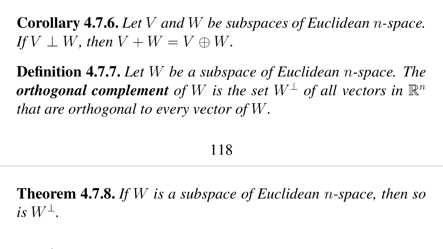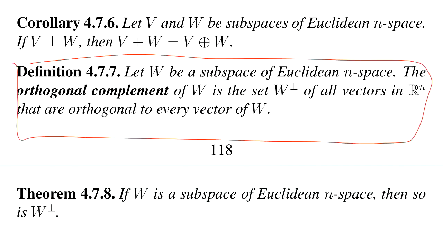Okay. Now, the very last definition I want to leave you with for the break, because it relates to one of the problems on the problem set, is the notion of an orthogonal complement. So sitting in a Euclidean n-space, the orthogonal complement of some subspace is the set of all vectors in Rn that are orthogonal to it. All right, orthogonal to every vector of W. Okay, so W perp, if W is a subspace